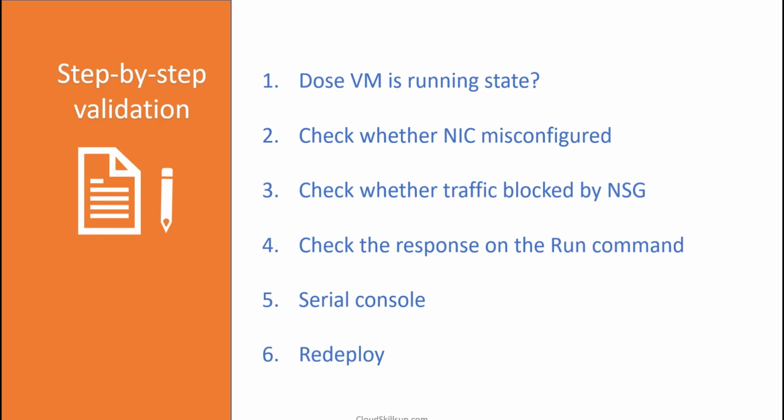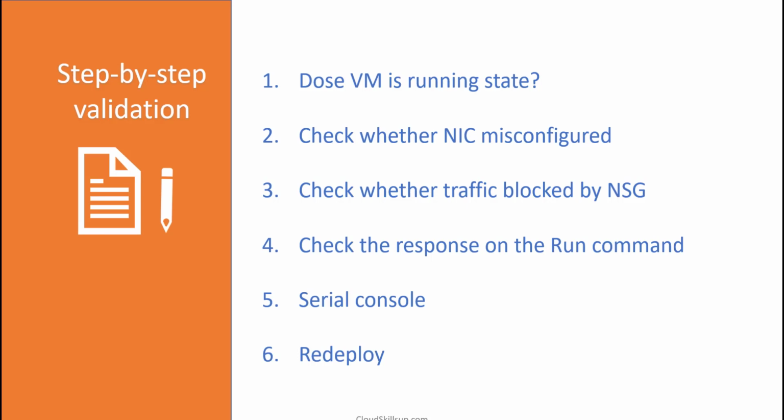That option is: what is the configuration of the network interface card attached to that VM? We need to find out that whatever configuration is there for the NIC card is appropriate. Consider that your first and second steps are correct.